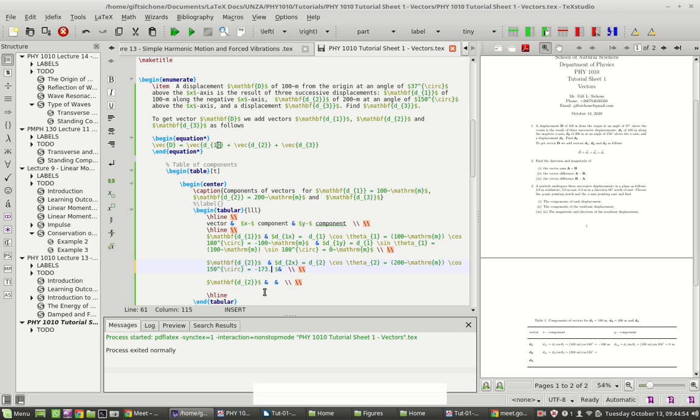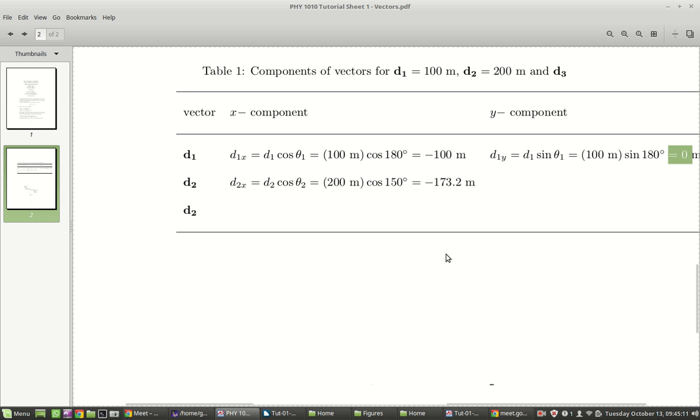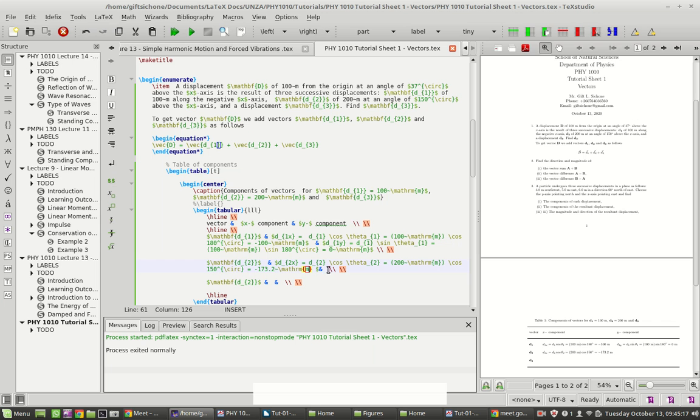Or 173.205, because I rounded it off. Okay, we'll just write negative 173.2. Is that okay? Yes. Okay. Next, we move on to